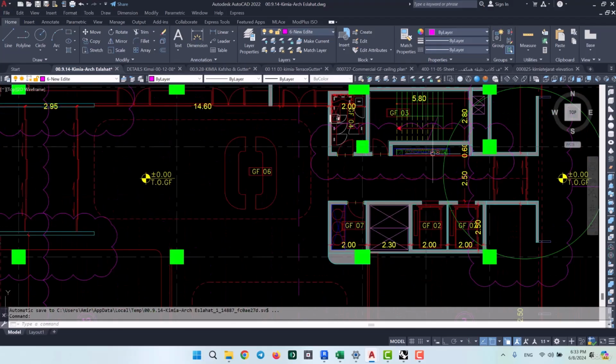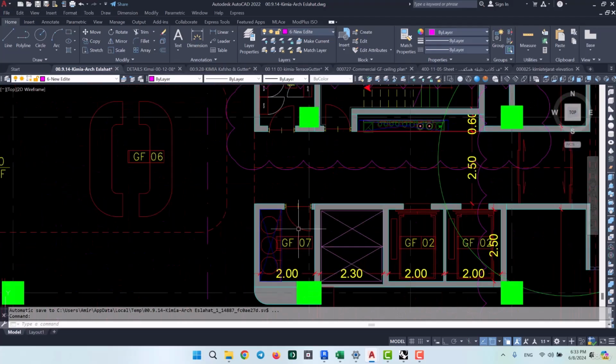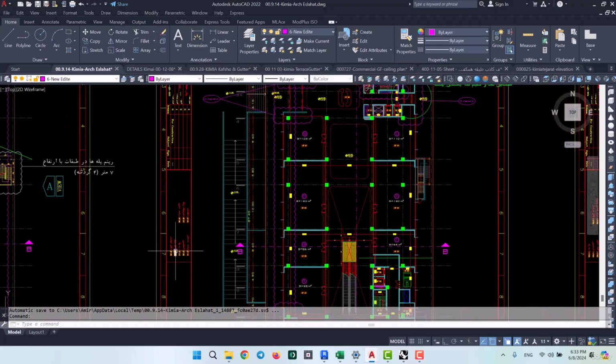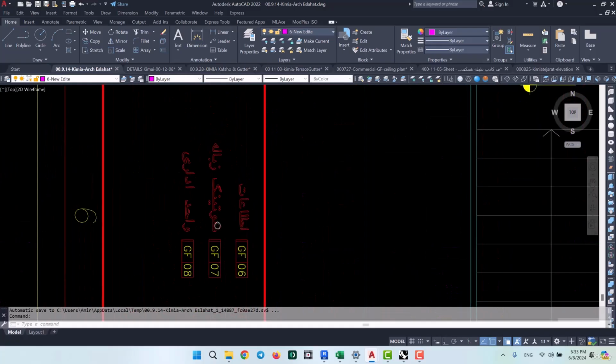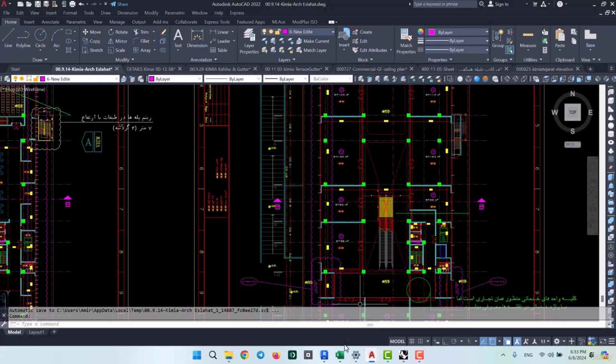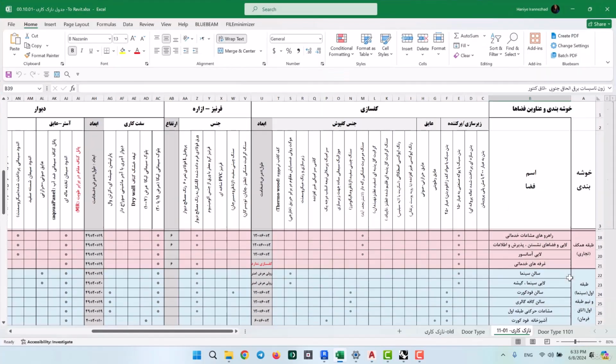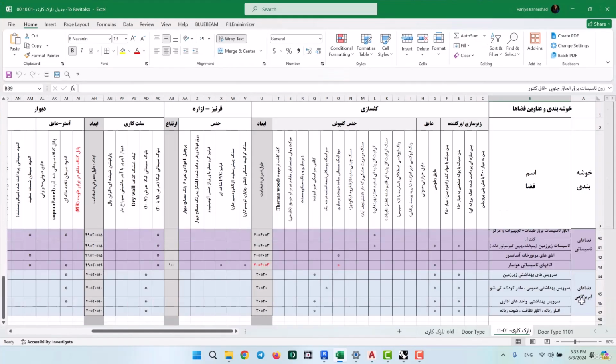Now, we also have some areas around here, which are GF07s. So let's go check in the legend to see where they are. We can see it's for the garbage chute. Now, we don't have anything for the garbage chute in this table, but for example, if we scroll down further,